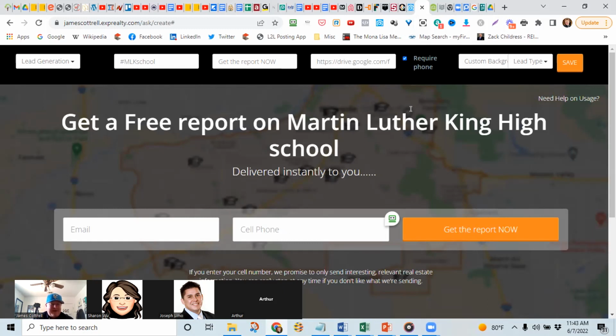I like to mandate the phone number, because typically you'll get the email, and then you'll at least have one piece of information that's valid. But that's entirely up to you. You do have the option to turn that on or off. So you can require the phone number or not. It'll be optional. I'm going to require the phone number.